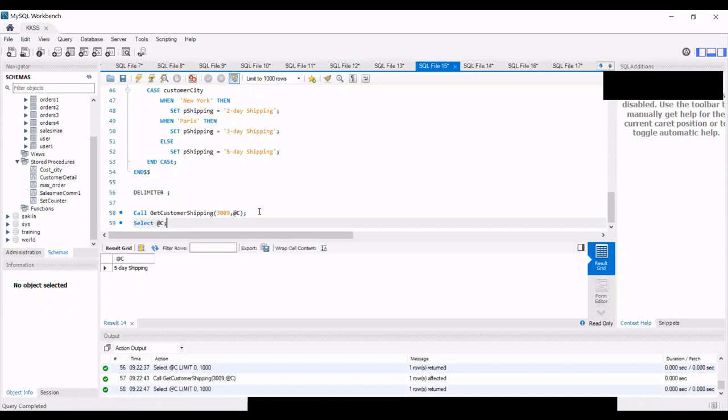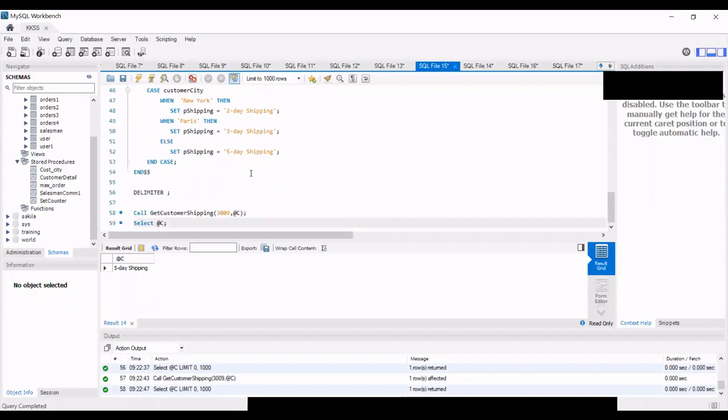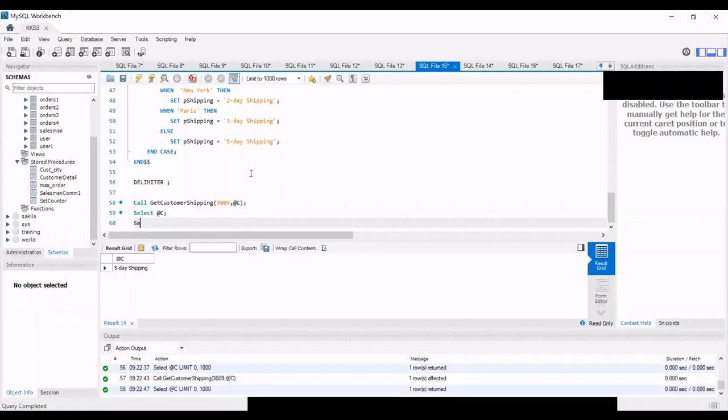So first you are calling the stored procedure, then you are giving the select statement at C, right? Yeah. Can't we just show, for example, city, select at C, comma, city or something, so everything is in a single row, the same result? You can do it like this. Select both of them and run, click on this function, and it will execute both of them. So here you have 5 days.